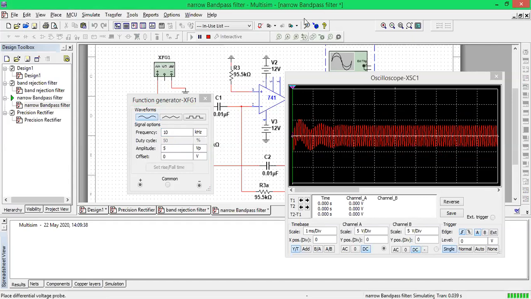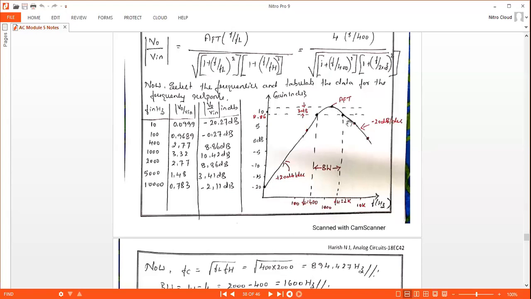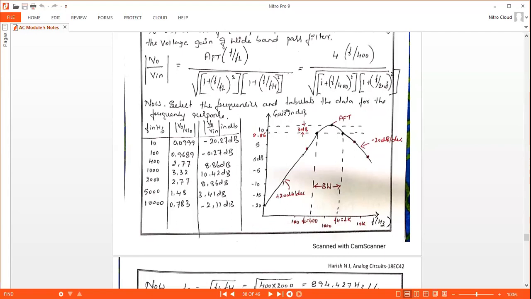So if you plot the graph, you will obtain exactly this kind of graph. This is the gain, that is 20 log of V naught by V in. This is the plot. On the y axis, you have to take 20 log of V naught by V in, wherein V in is the input voltage, 5 volts peak to peak, and this is the increase in the frequency. If you take a logarithmic graph and plot, you will get exactly this kind of waveform for different values of the input frequency. Okay, so we will stop.